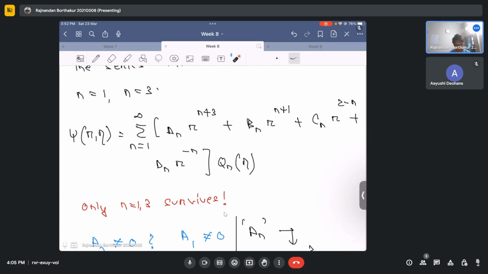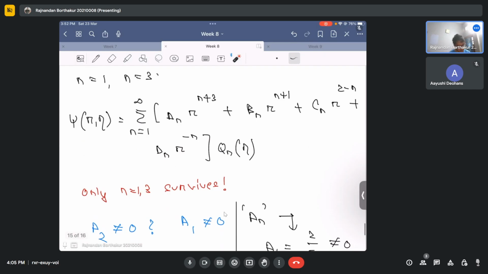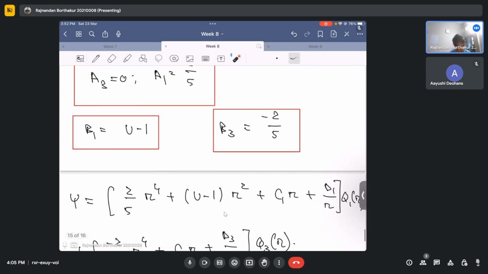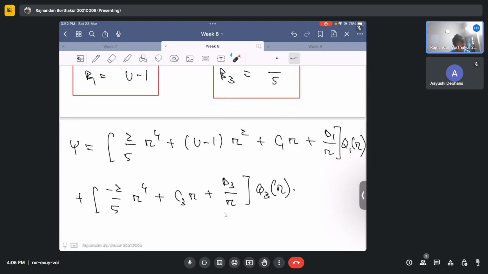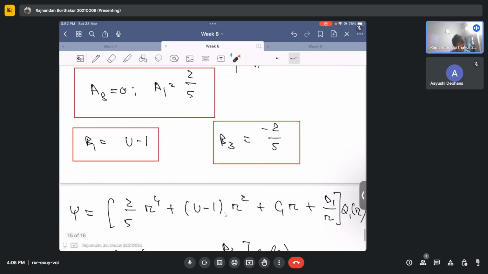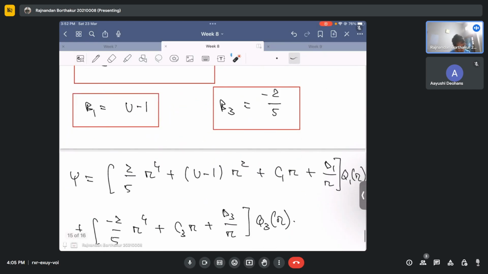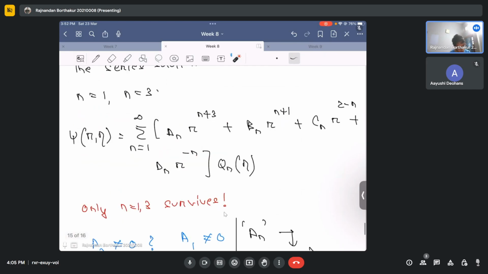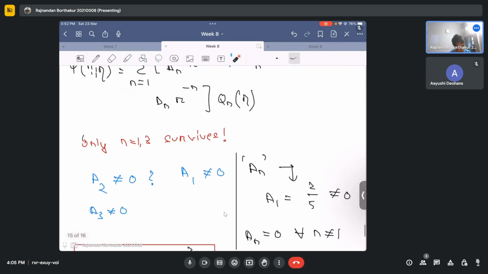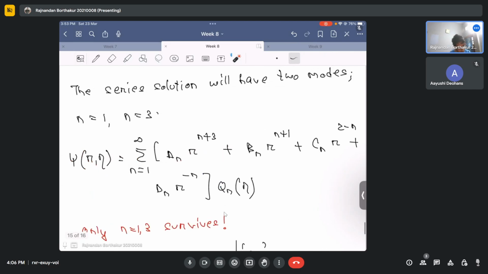I hope this is clear. Just checking whether I did this correctly or not. So it's 2 by 5 r power 4, this is fine. So a1 is this, and this is r power 4. b1 is something like this with an r squared, because it is n equal to 1. And then what do I have? I have this term with q1, and for n equal to 3,